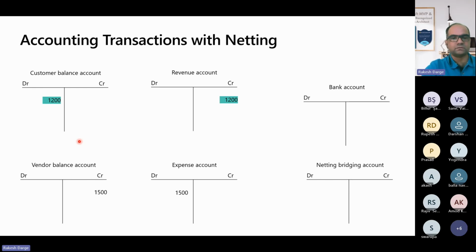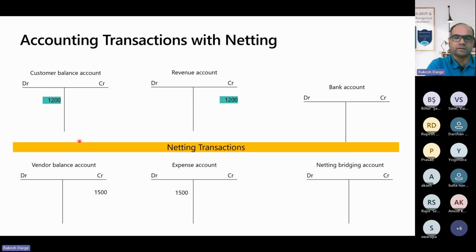we'll see it in action. I don't want to confuse you, but just try to visualize how these accounting entries work. In that case, your vendor account is going to be credited, because that's how the liability is created, and your expense is going to be debited with 1,500. But if you enable a netting configuration, assuming the configuration of netting is enabled and the netting process is enabled,